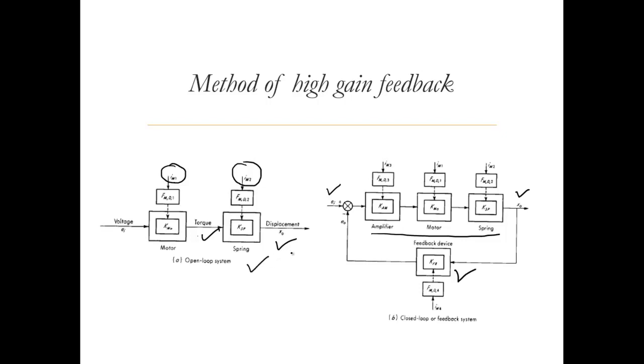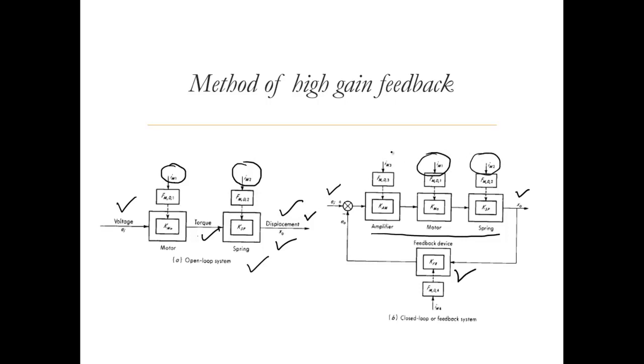Here we don't have any measure of the output, so there are no corrections because of these interfering inputs. We may have changes in the displacement which we cannot measure because we don't have any feedback device. So for the same voltage we may have different displacements in this case, because these interfering or modifying inputs may act sometimes or may not act at different times. Accordingly the displacement will be different at different times for the same voltage, which is not correct for the instrument.